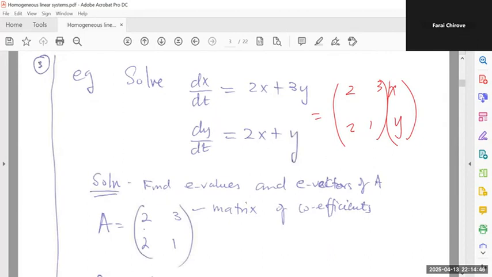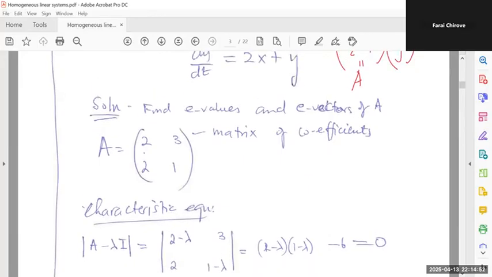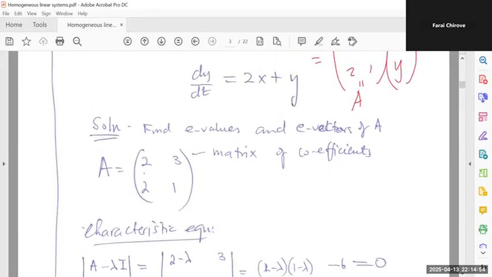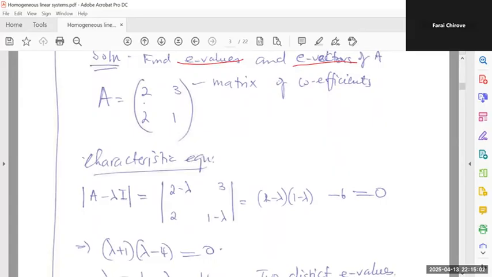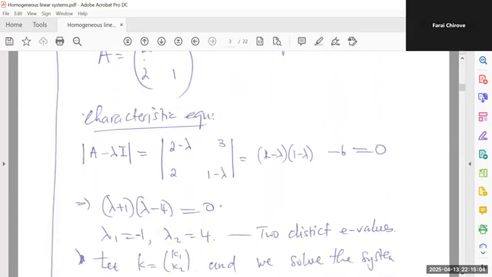2, 3, 2, 1 times xy. So you can identify your coefficient matrix. So first of all, you have to find the eigenvalues and the associated eigenvectors of A. So the matrix of coefficients is given, and we then create the determinant of